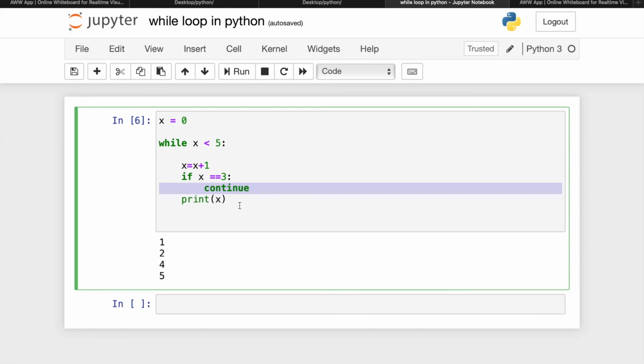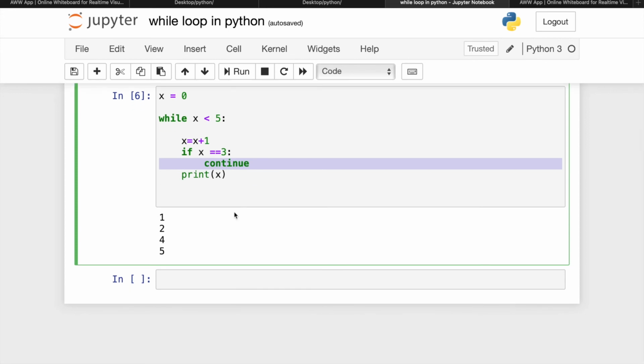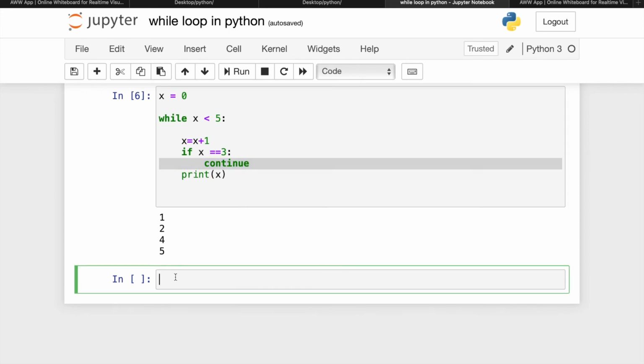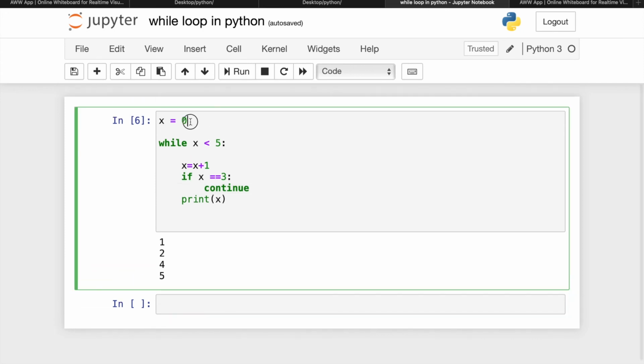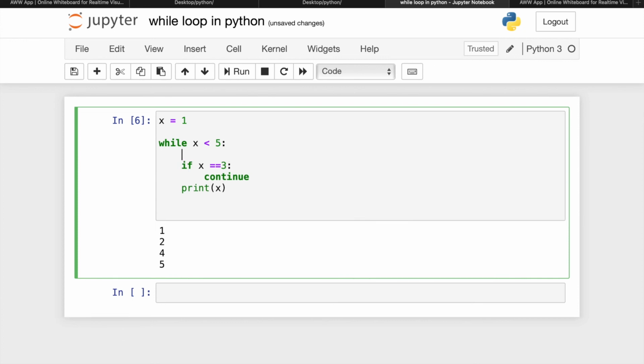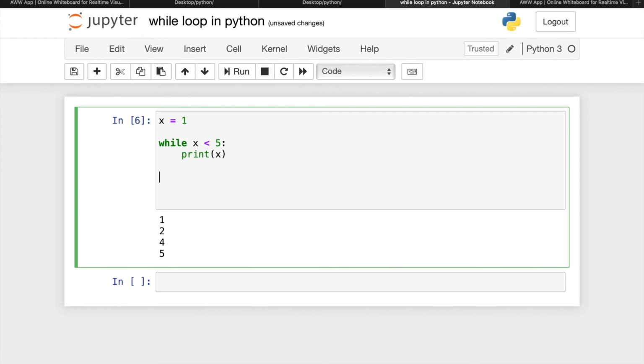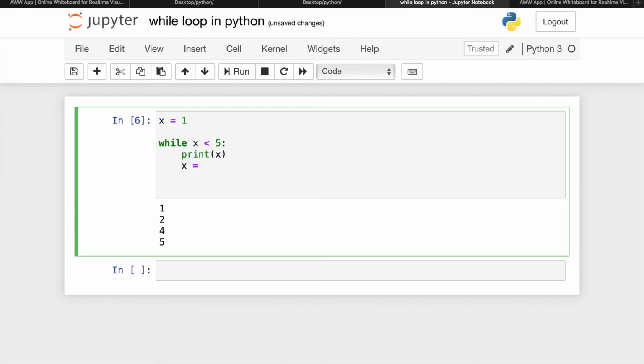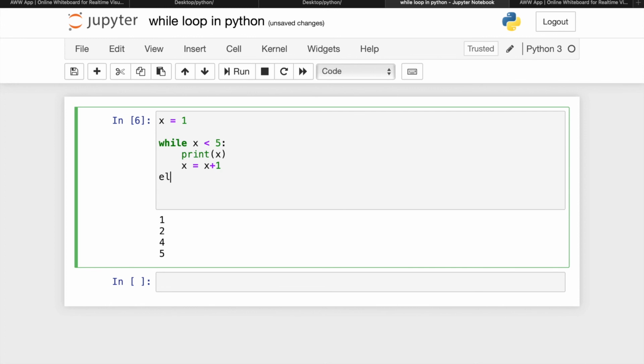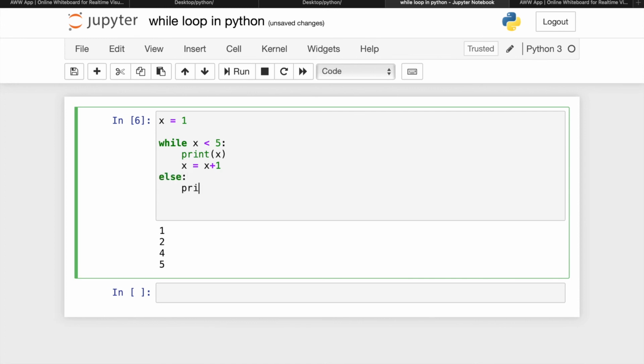Last but not least, how can you use else in a while loop? Yes, you can use an else statement in a while loop. Suppose x is equal to 1, while x is less than 5, then you write print x, and make sure x is equal to x plus 1, and after that I can write else print, while loop end.